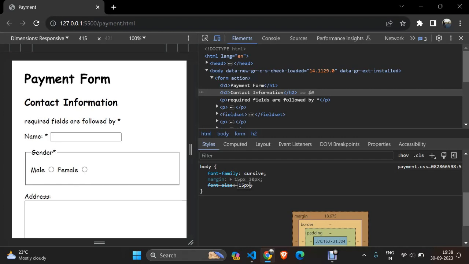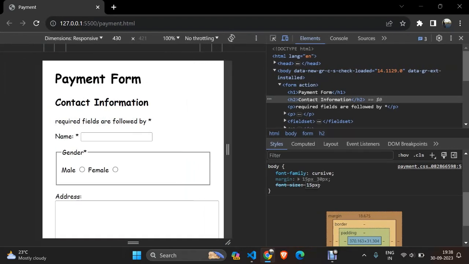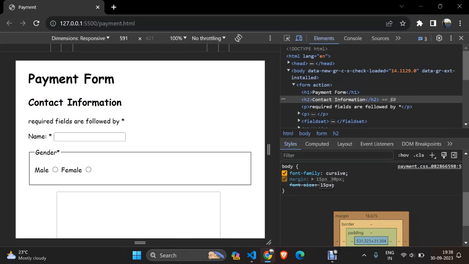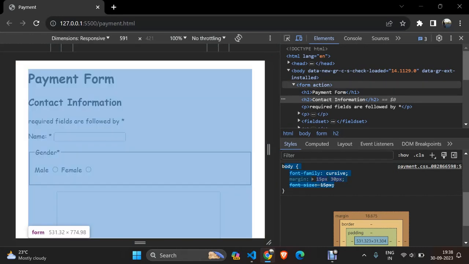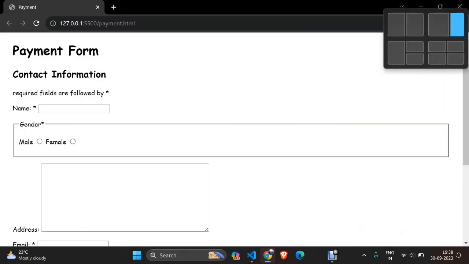So this is how basically developers work. Developers, what they do is they will inspect and make changes here, and then they will just copy this entire thing, this body. They will copy this and paste it on their code editor. So that is what the software developers do. And